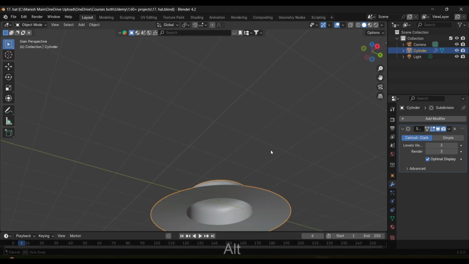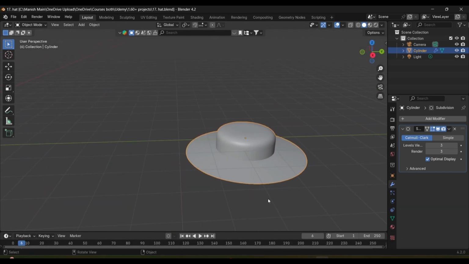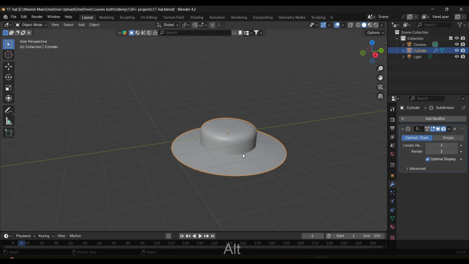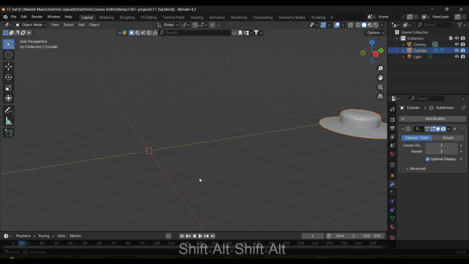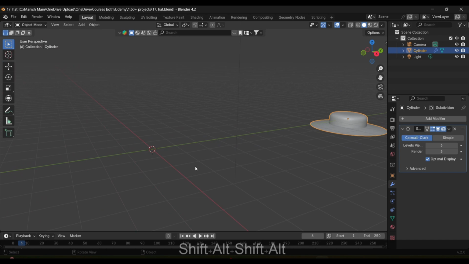In this video we will make this hat, and this is looking very awesome. So we will make this hat. For making this hat we need a cylinder. So I'll show you the method. Firstly add a cylinder and do the same thing as I am doing. Add a cylinder,